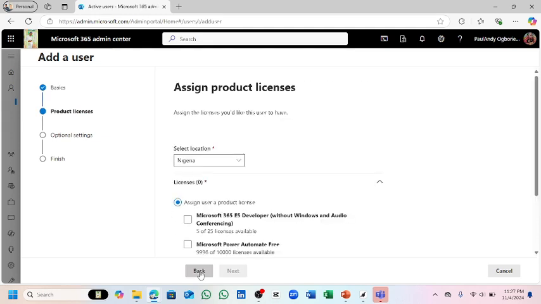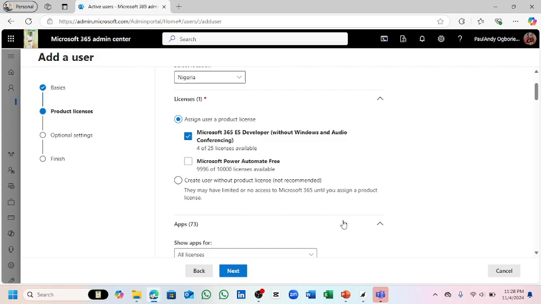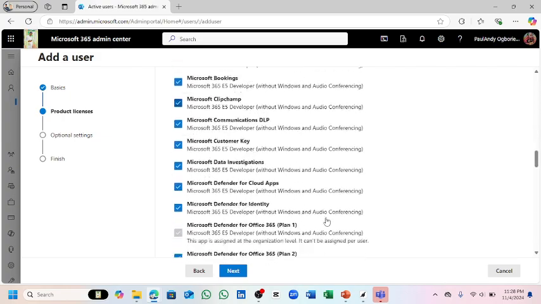Now this is where I define the access I want the user to have, the products or the resources I want. So this is where I want the user to have access to certain resources, right? So this is Microsoft 365 A5 developer without Windows and audio conferencing. If I click on it, you see that this user has access to 73 applications. I may decide to go and uncheck some. Maybe this user doesn't need